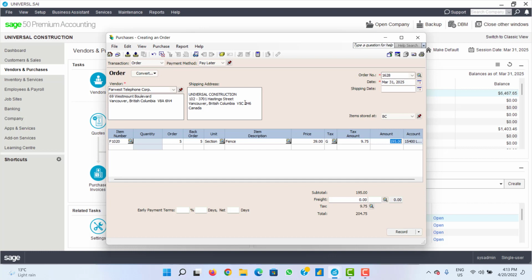So my order number is 1628, and there is an option to print and record. I will just record it. Just remember order number 1628, and this is Far West Telephone Group. Okay,